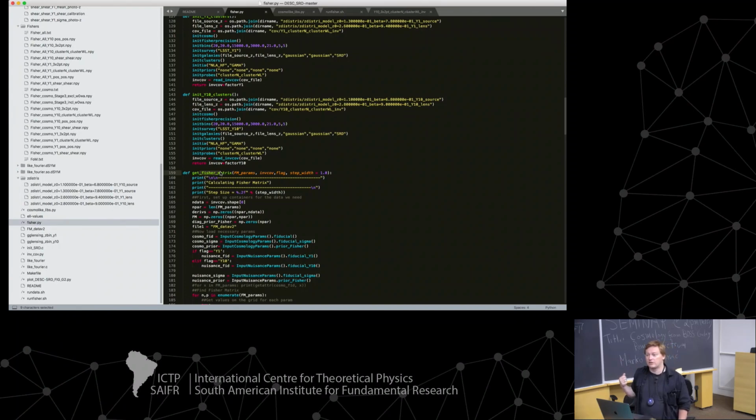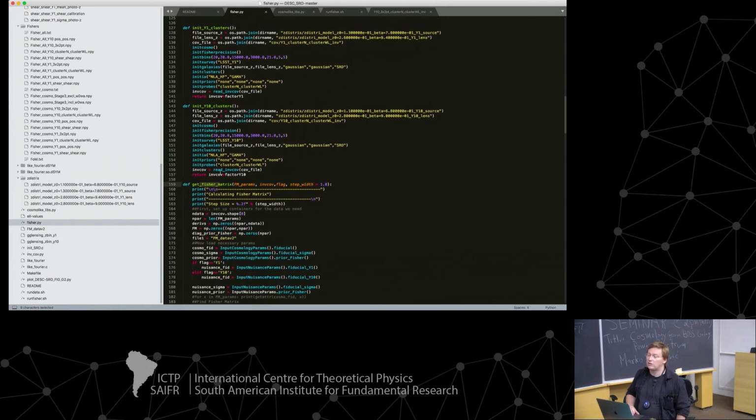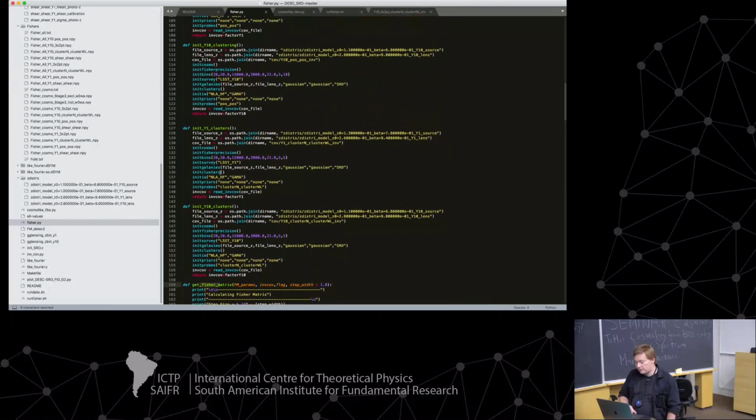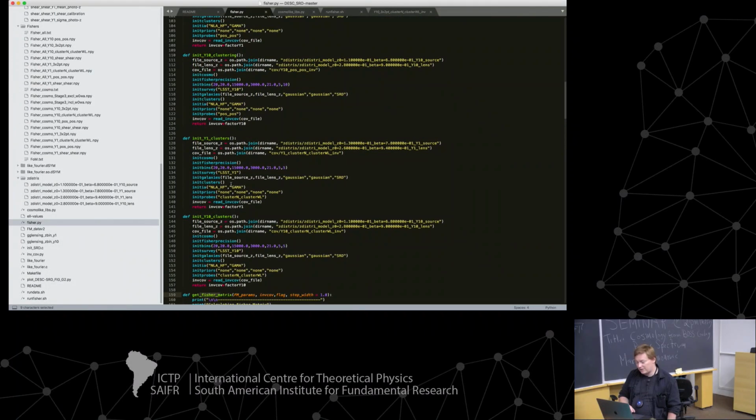Yes, please. How do I define the parameters that I want to analyze? So the parameters you want to analyze in the Fisher matrix, well, that choice unfortunately has been made for you here. It has to be those parameters. The Fisher matrix that is computed here,